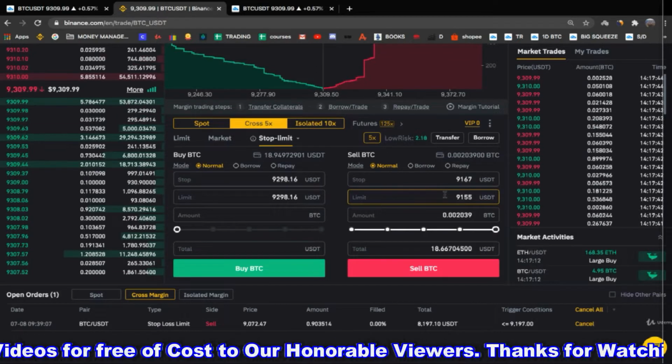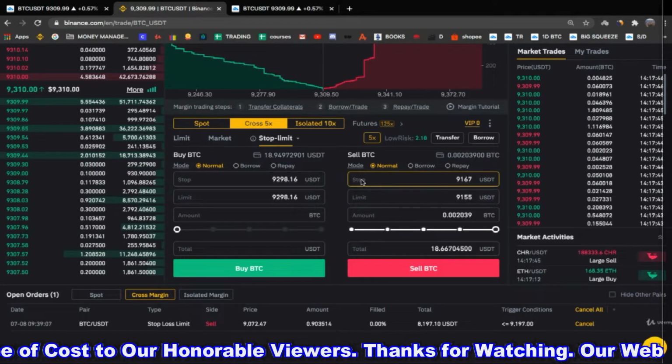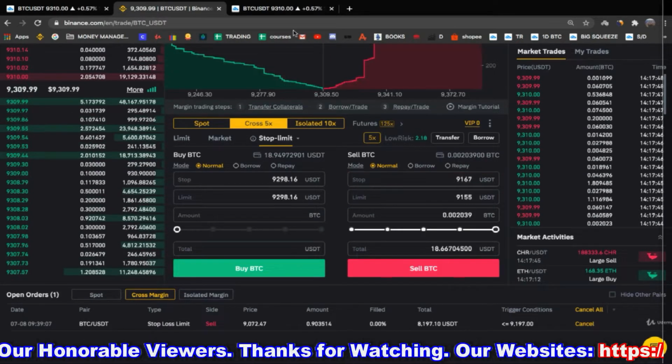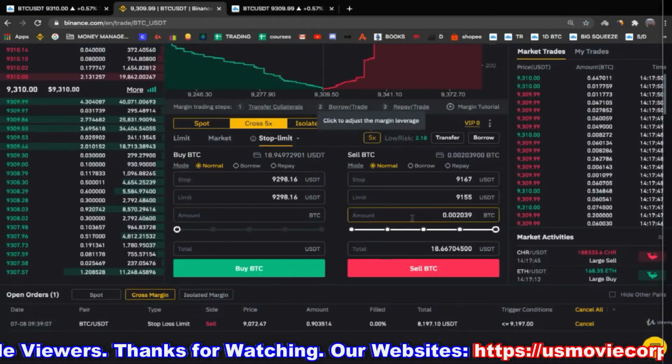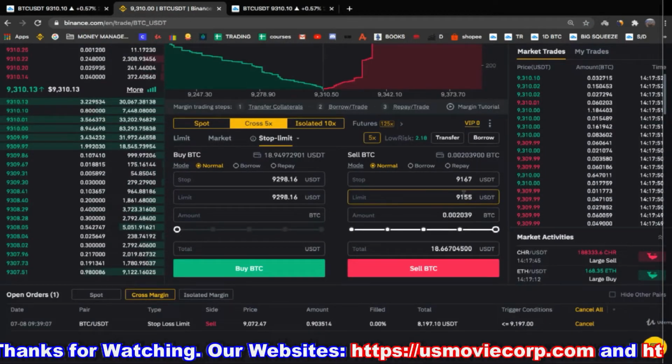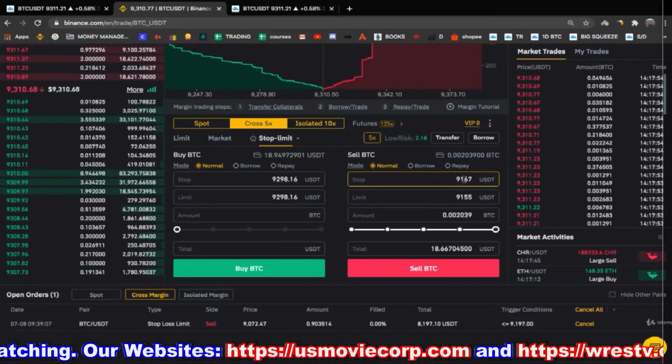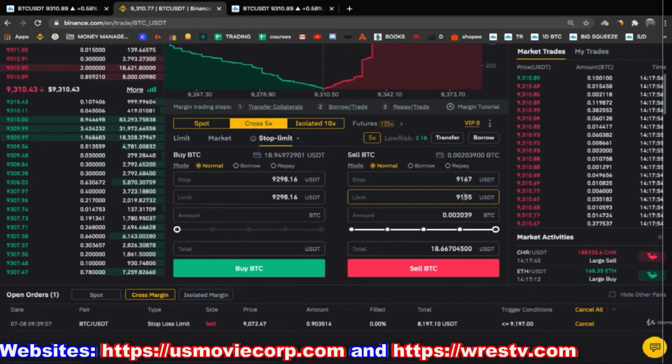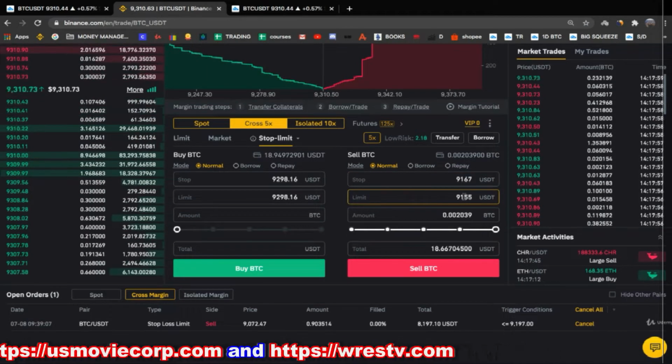All right, so this is how you set a stop limit. Again, the stop price here is the trigger price. That is going to be your stop loss, and the limit order you want to be a little bit lower than this one, so you will make sure that this order will be executed, right? And you will exit your positions.